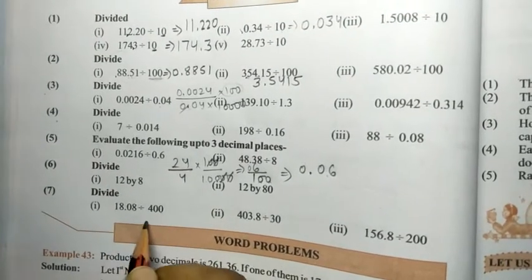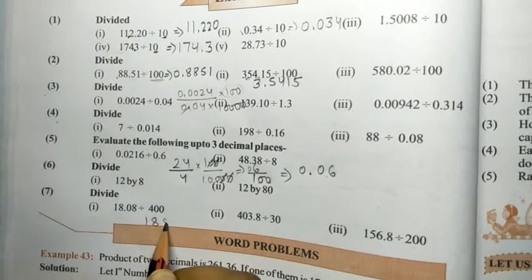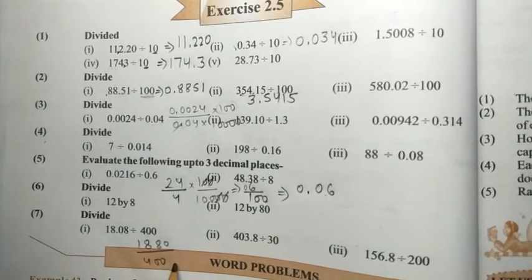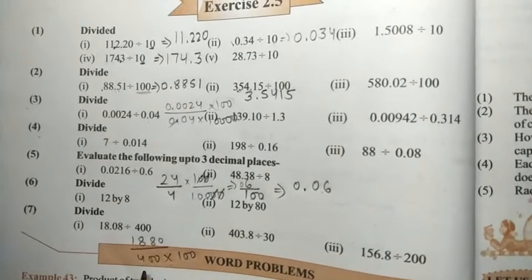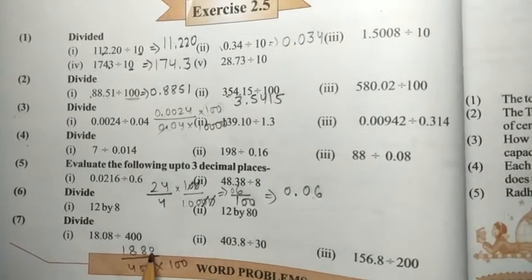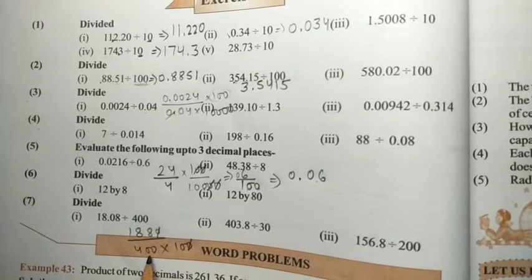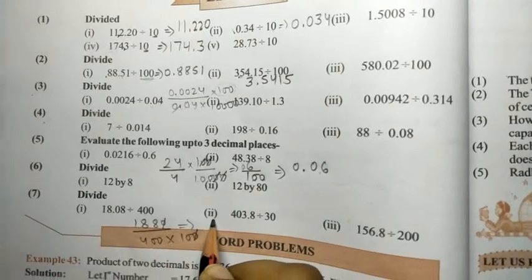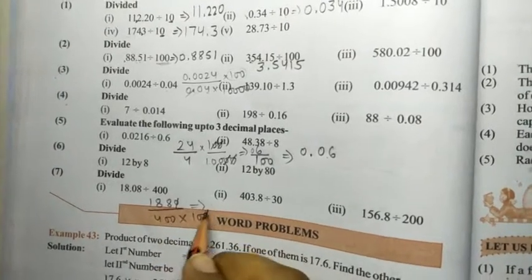If you remove like this 8, remove these 2 digits here, this will be 400. So what you have to do, you have to place 2 zeros here with this, and then you can solve it. This 0 can be divided by this 0 and divided simply by the 2's table, and whatever number will be coming in the answer, you have to count the zeros and place the point.